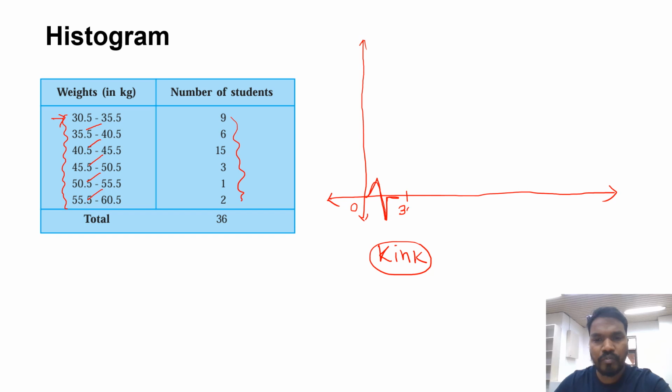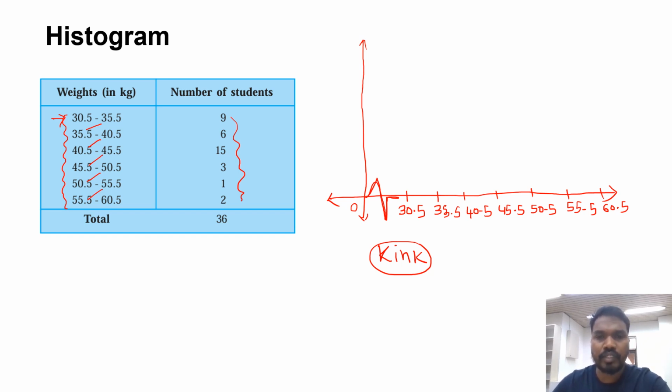So here 30.5, the first one. The next is 35.5. The next, 40.5. Next, 45.5. Next, 50.5. Next is 55.5. Next is 60.5. Clear? Now you see 30.5 to 35.5, there are 9 students, so that will be represented